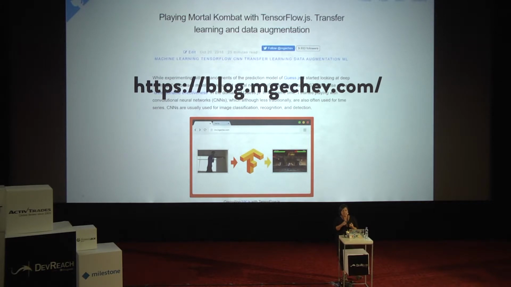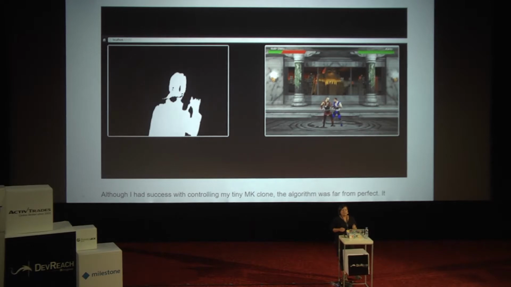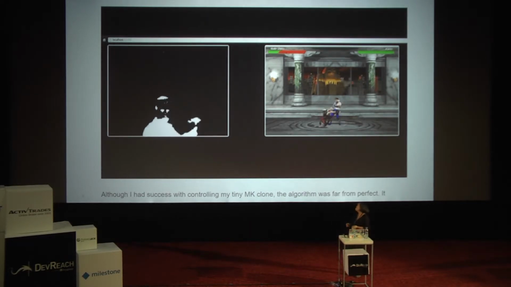He collected training data for image classification, performed data augmentation using ImageAug, did transfer learning with MobileNet, binary classification, and n-array classification, did training with an image classification, used the TensorFlow.js model in Node.js and in the browser, and just made this really cool thing where he's able to control the Mortal Kombat